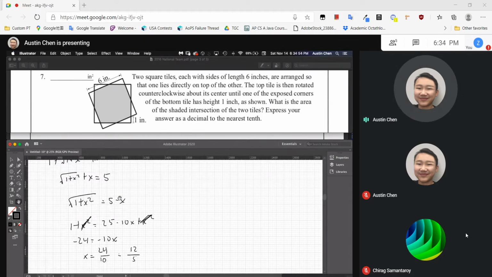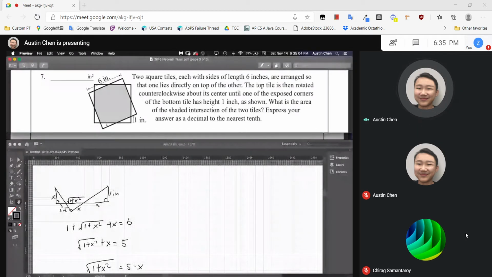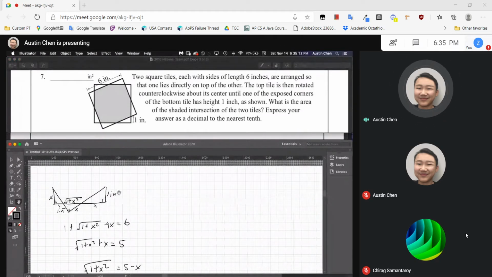And we want to know what is the area of the shaded intersection of the two tiles, and we want to express our answer as a decimal to the nearest tenth. So what we can do is find the areas of these small triangles, multiply by 4, and subtract it from 36, right? Because that's the area of the whole square. So the area of our triangle here is going to be 1/2 times 1 times x, which we said was 12 fifths. And we're going to multiply this by 4, and subtract it from 36. So this is just going to be 2 times 12 fifths, which is 24 fifths. So then we just have 36 minus